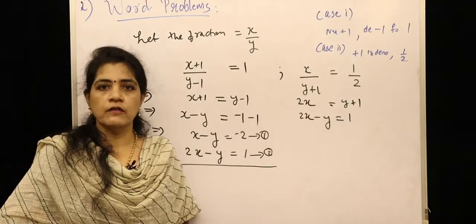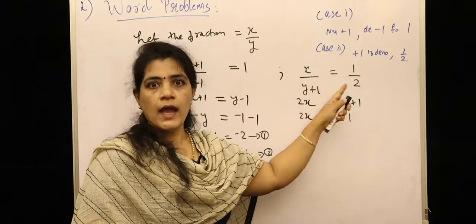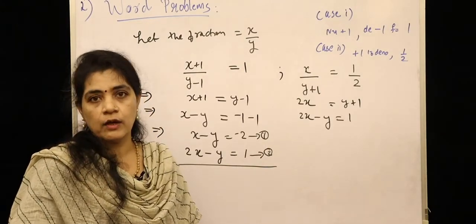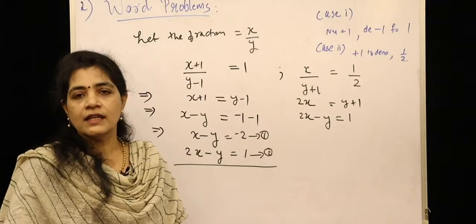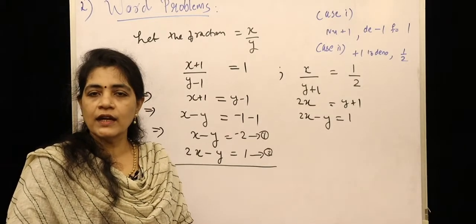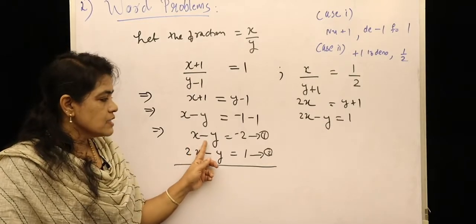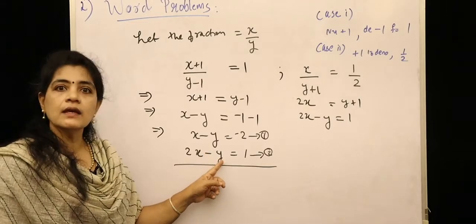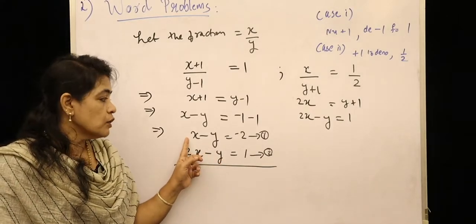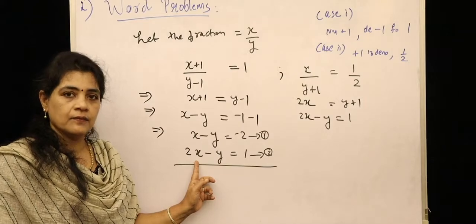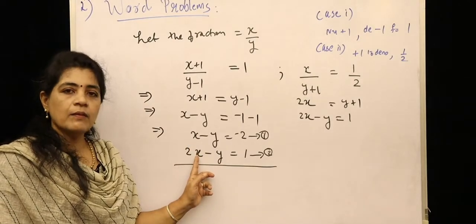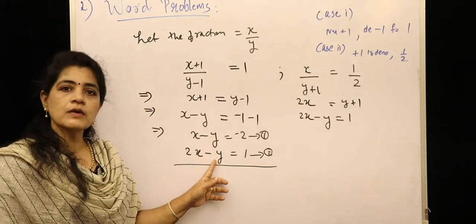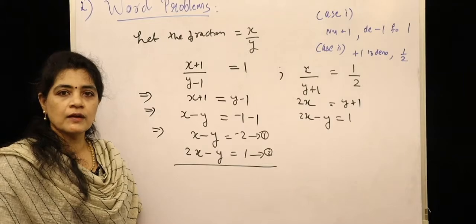Under the given statement, after simplification, we now have a pair of linear equations in 2 variables. Now the next part is solving, which we already explained in the last video. See children, x minus y equal to minus 2, and 2x minus y equal to 1. You should not only concentrate on the variable x, where the coefficients are not the same. But here, minus y and minus y, the coefficients of y are the same.